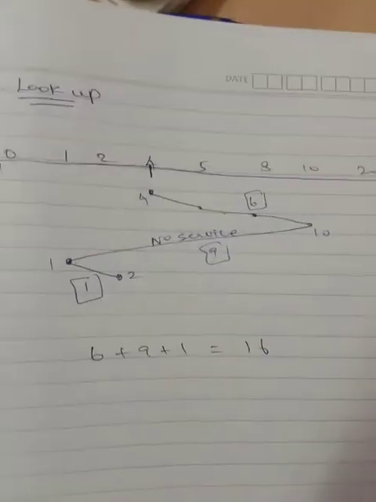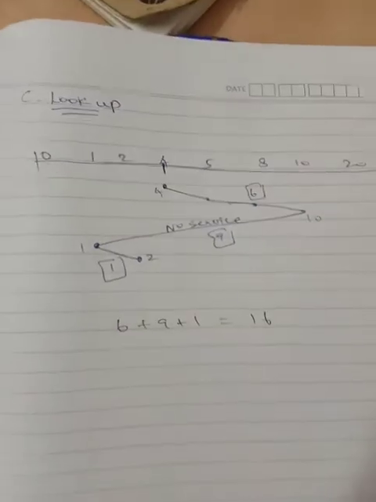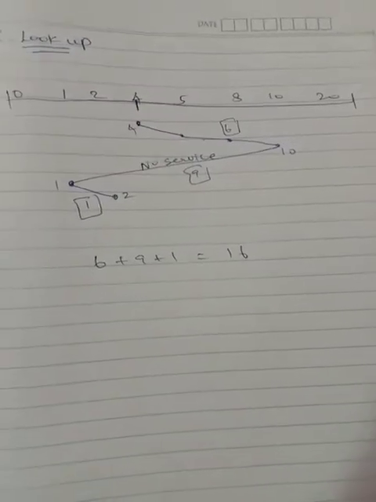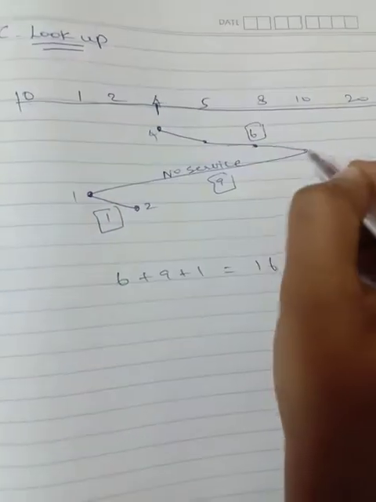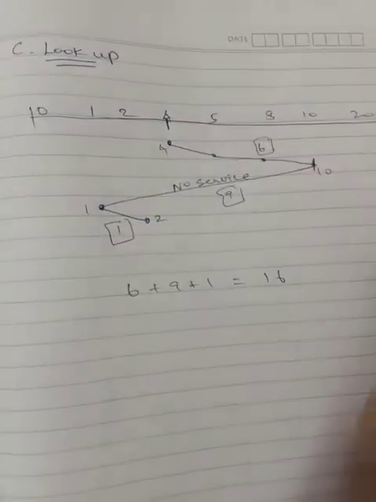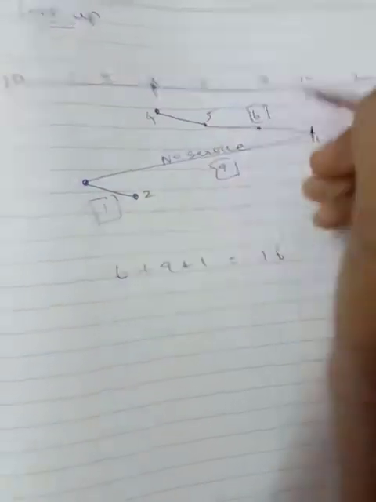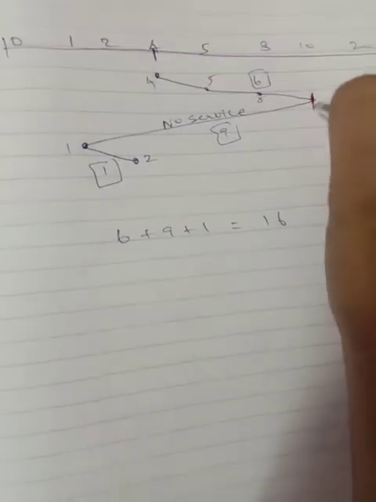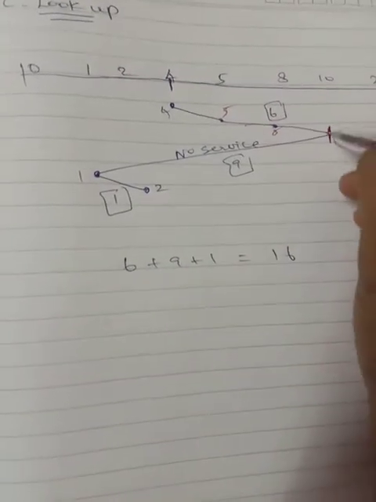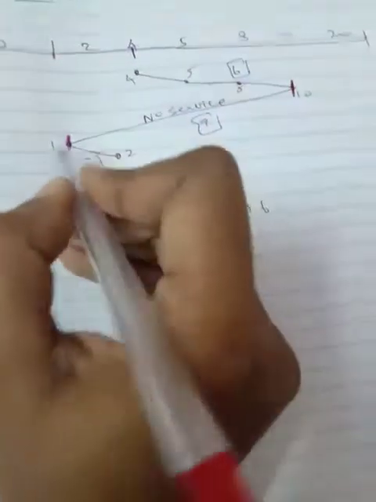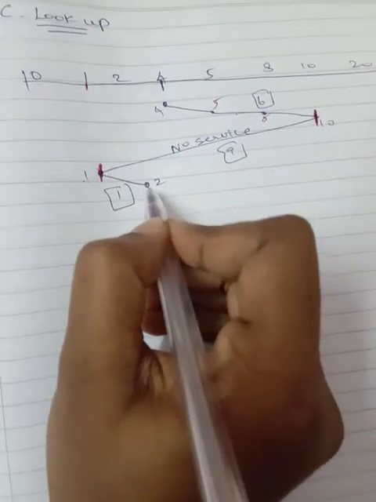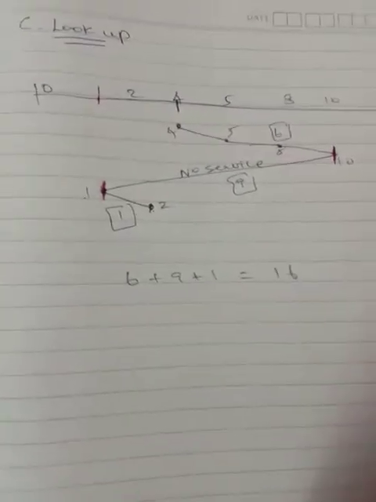And another one is C-LOOK. C-LOOK is the version of C-SCAN. It is also the same as C-SCAN. So C-SCAN, what does it do? It does one operation, but it will go up to the service request. So from 4, I will service the 5 and service the 8 and then 10. After 10 there is no request. So I will stop here itself and it will return back without doing any service, to the service I need. So at 1 I need the service. After that it will come back again and do the second cylinder service.